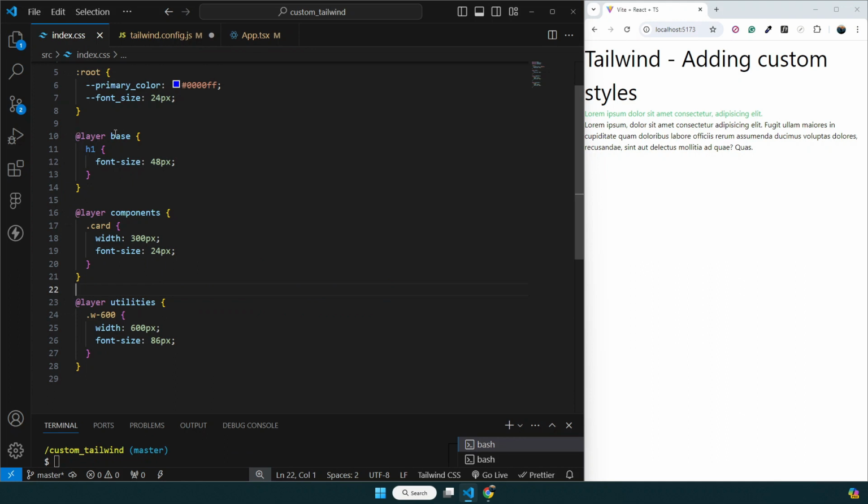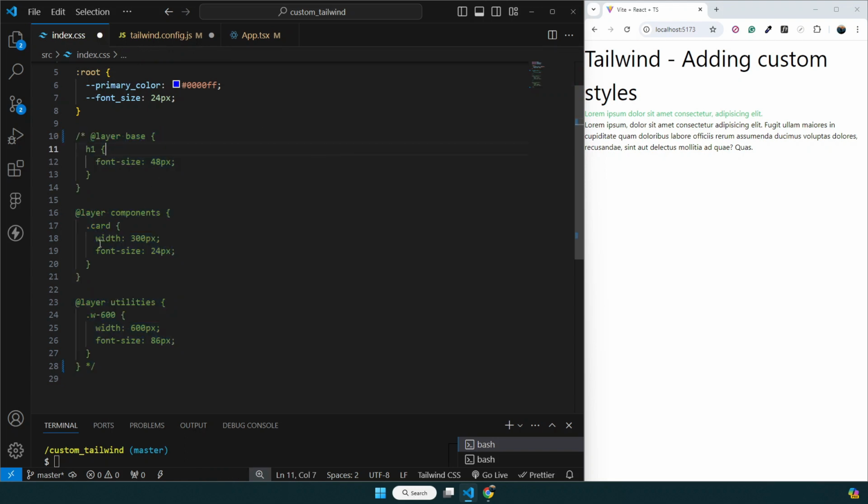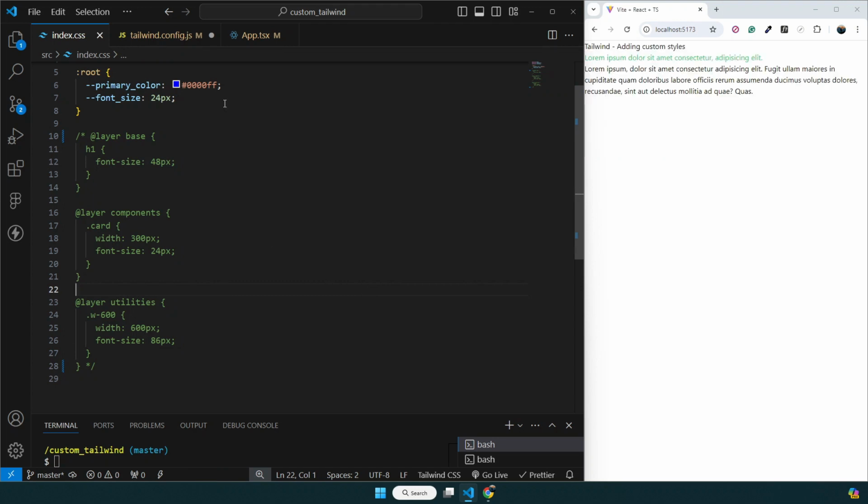We changed the style for the base, we changed the style for the component, we created the component over here. Similarly, we can do this. If you don't want to do it in the CSS file, we can do that in the plugins, right? So through plugins. Let me comment this out, and we will create similar things in our plugins. Let me save it,